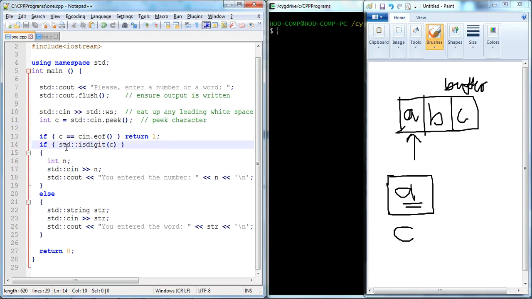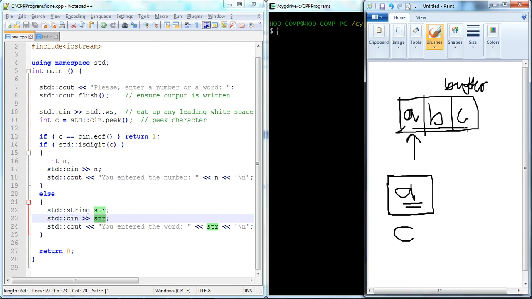Next is the digit check. If it is not a digit, then it goes to the else. Then string str, and when we get the input with cin into str, str copies the string from the buffer. So str now contains abc, and when we print str, it prints abc.